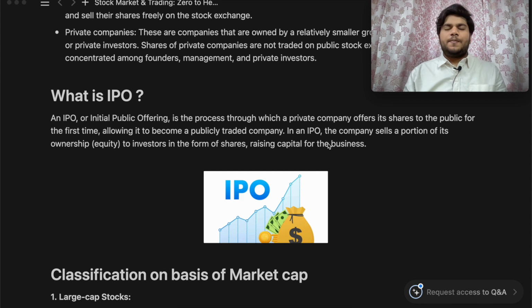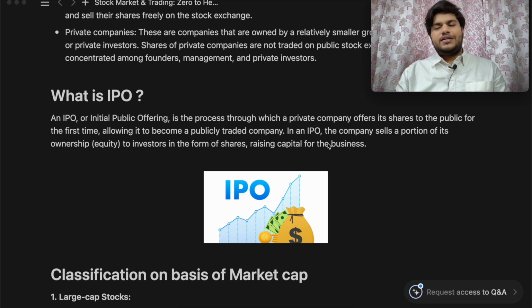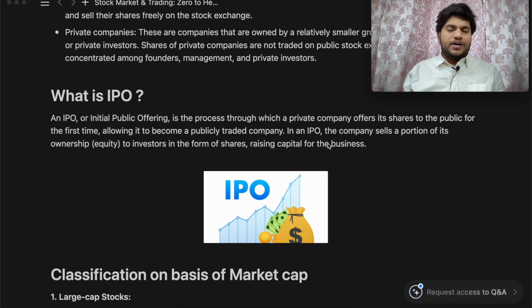For example, if I have a company that is worth 1 crore right now, the company sells some shoes, and the valuation of the company is calculated at 1 crore. Now for expansion of my company, I need some capital. To run a business you always need some capital. So where will I go? I could go to some angel investors, or I could go to some venture capitalist. They would fund me and they would take some equity in my company.